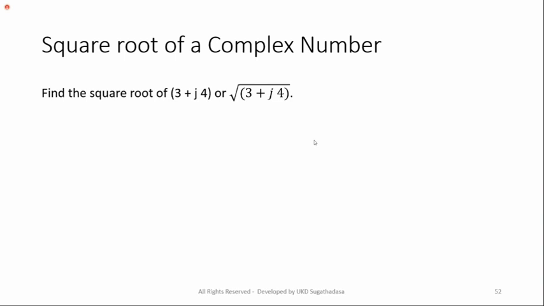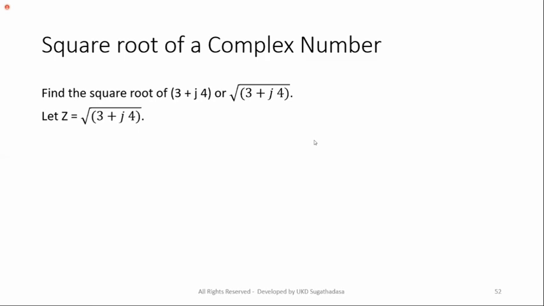If I ask what is the square root of minus 36, that is 6j, right? Even that you have the answer. But this is different, 3 plus 4j, because it has the square root of minus 1 in the middle. Or the other notation is square root of 3 plus j4. How to calculate? See this step.